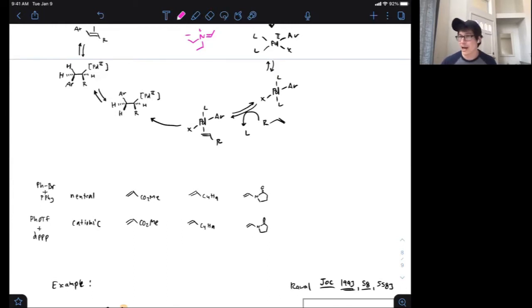In contrast, the cationic pathway signaling elements, alarm bells should be going off in your mind if you have, say, an aryl triflate, where the counter anion that is thusly generated is going to be weakly coordinating. You might expect that to be easier to push out, and indeed that's the case, as well as bidentate phosphine ligands. And this does have important reactivity and selectivity consequences. And so again, this is in the handout, so I won't belabor this point, but